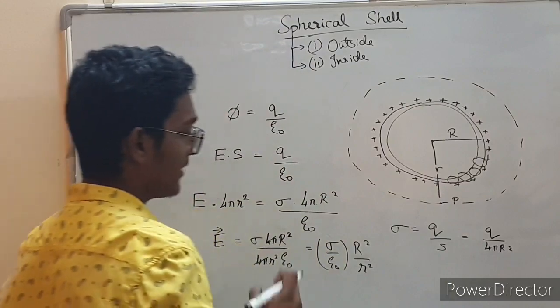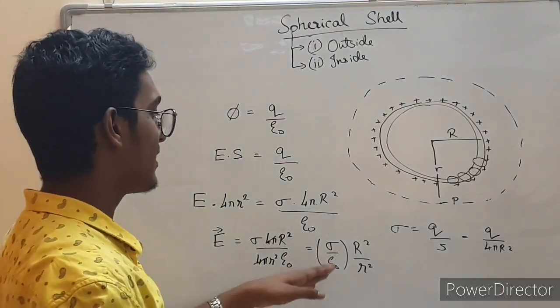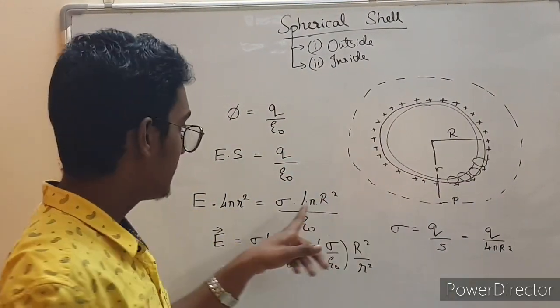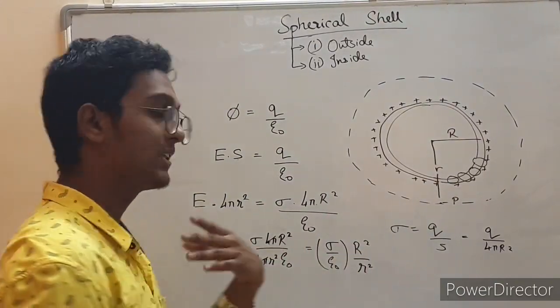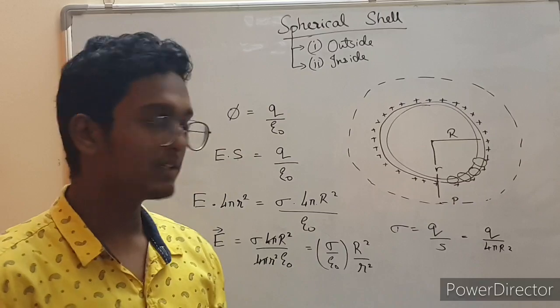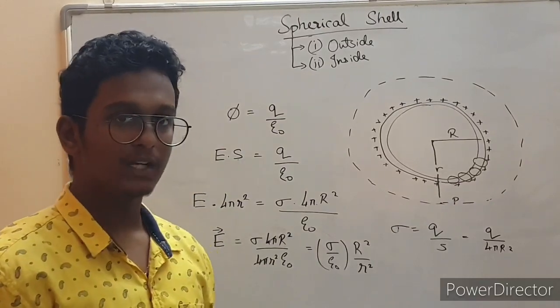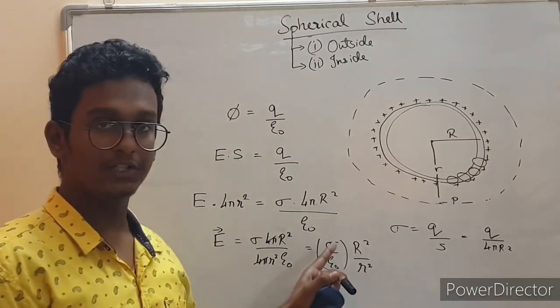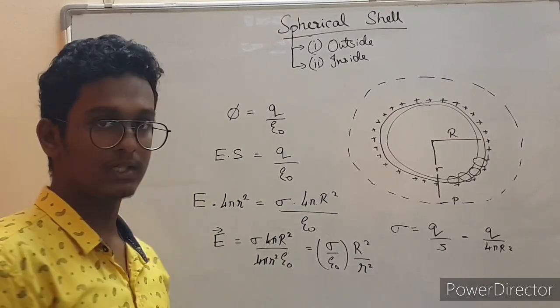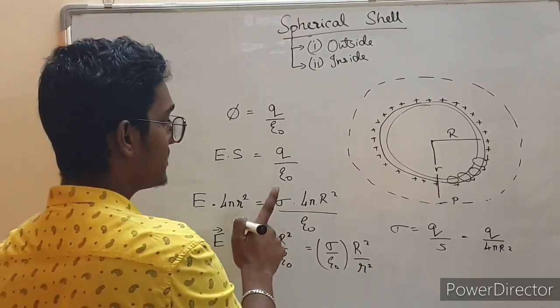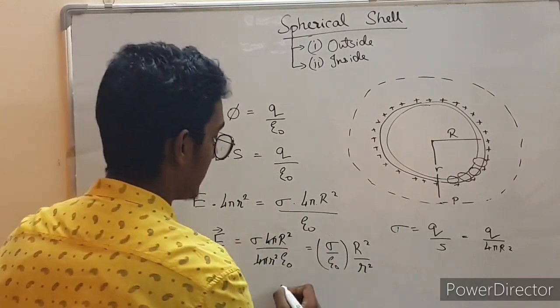So when you substitute back the value for sigma, it's just like undoing the step. Because over here, we substituted the value for q, but now we are substituting back the value for sigma. So what's the point? Well, it depends on the situation. If they have given you the value for surface charge density, then you can directly use this equation. But if they haven't given you the surface charge density, you'll have to use the next equation, that is,